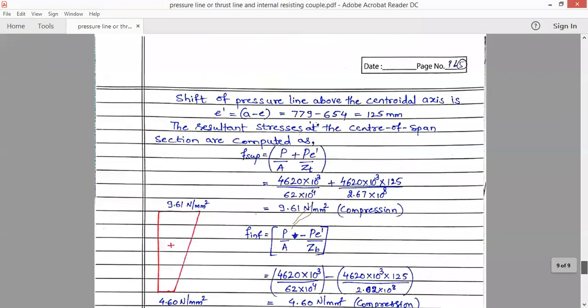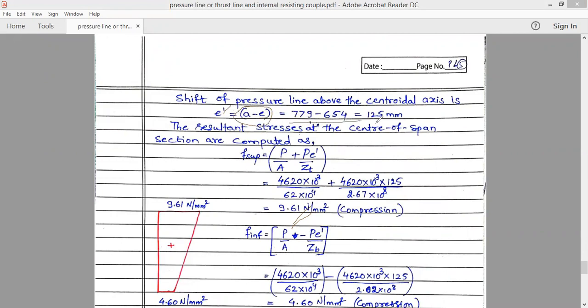So now we will go for the calculation of the shift of the pressure line above the CG point. It may be calculation of the line or the distance from the CG point, or it may be from the cable itself. If I want to calculate it from the CG point, we know the eccentricity E and we know the A distance just now calculated, and when we want the shift of the pressure line or the C line from the CG point, it is E dash. So above the CG point till the pressure line or the C line, it is denoted here as E dash. So that E dash is equal to A minus E.